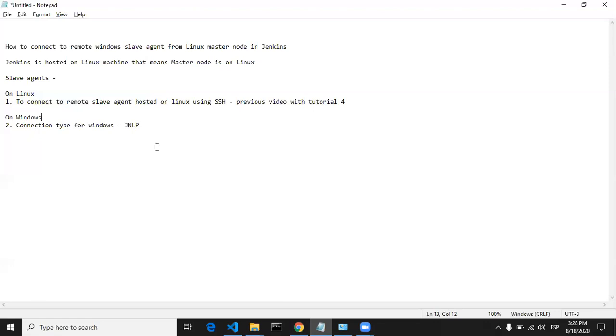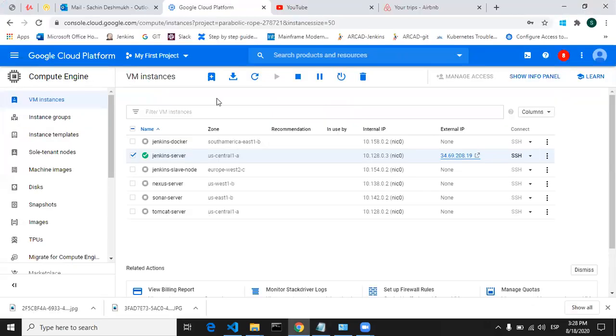To check that, we are just going to my Google Cloud Platform. This is my GCloud, and this is my Ubuntu operating system, that is Linux. On that Linux operating system, I have hosted my Jenkins server.